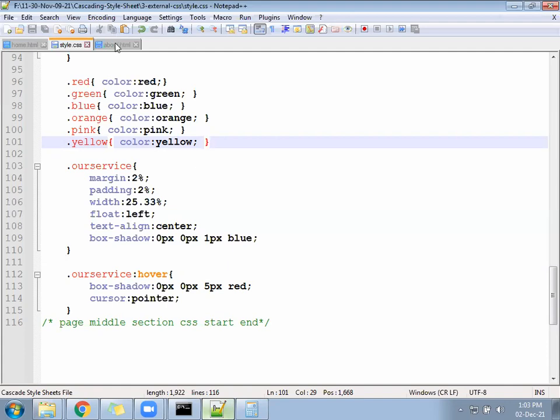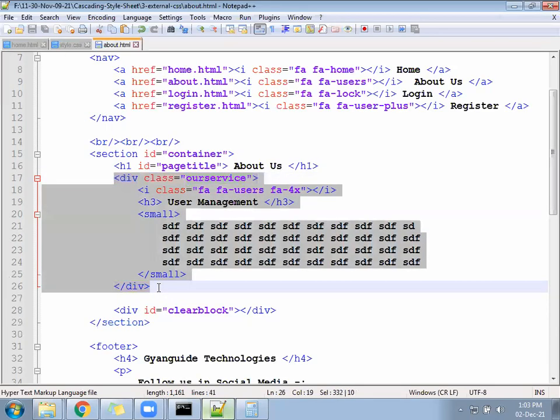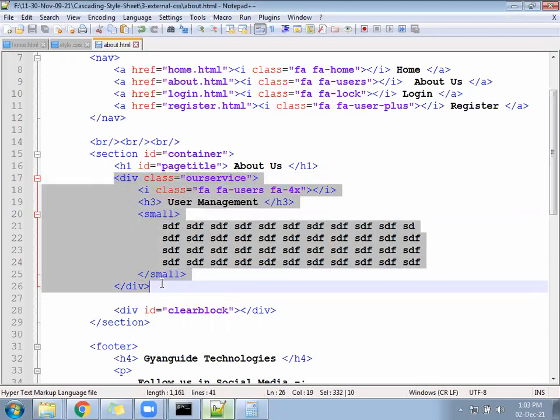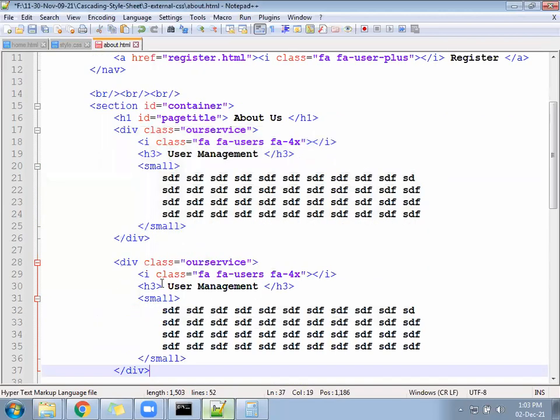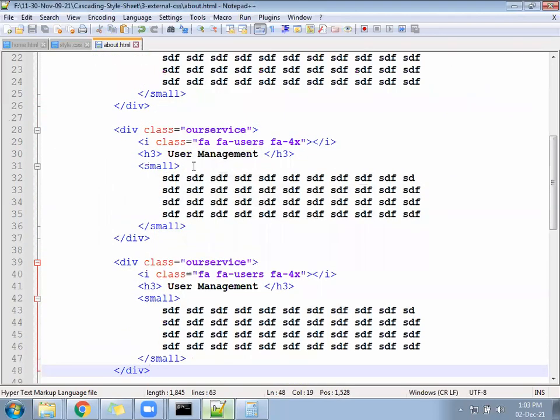Ready? HTML file. Copy the service block and paste total 3 times. Change the icon, change the text also. Box shadow give different color and more number. 1 pixel you have given, give 3 pixels. Change the color also, then it should work.